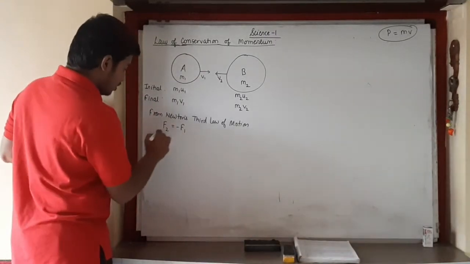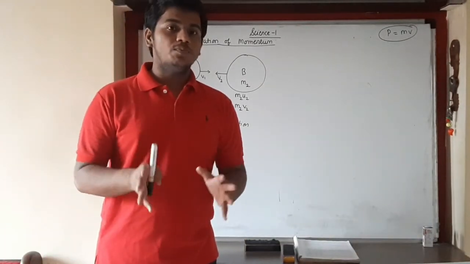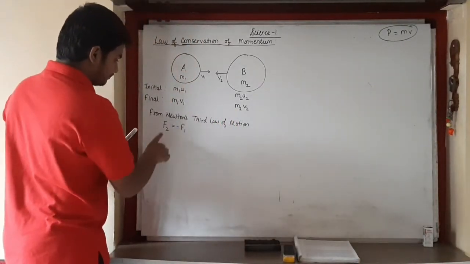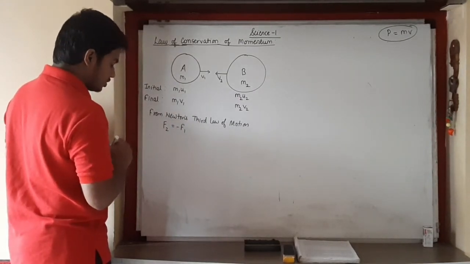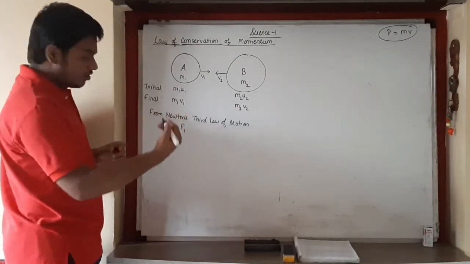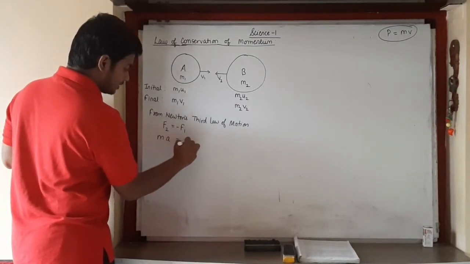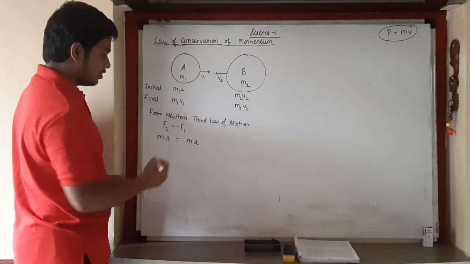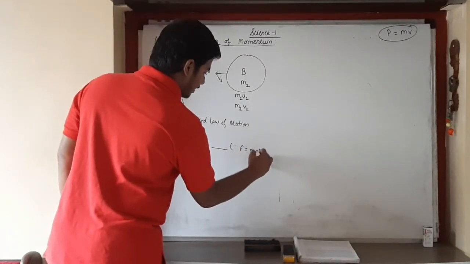So now, what is the force? Force is nothing but, here in this case, the initial and final momentum of the object. So understand, F2 is the reaction force, that is the final force. So now, force, first we will go formula by formula. Force is mass into acceleration, correct? Force is mass into acceleration from Newton's second law. We will write it here because F equals m into a.